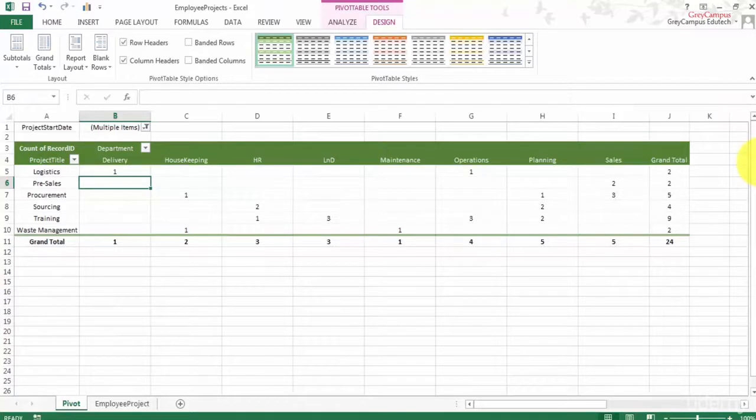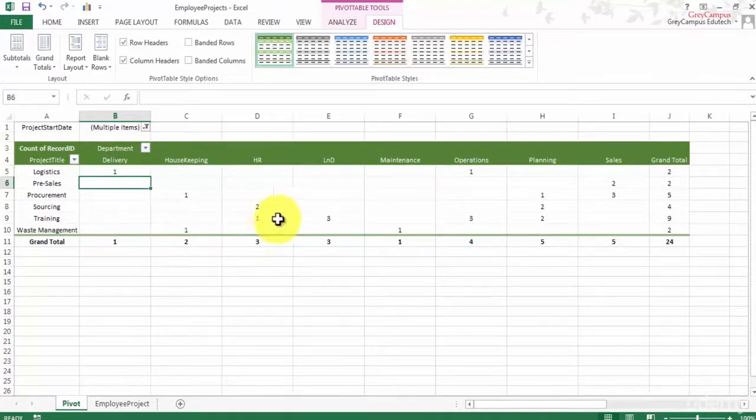So I can tell that in the last quarter of 2004, or in the financial third quarter of 2004, there were these 6 odd projects that got started, out of which I can see that most of the people were engaged in training, and 3 of them were from L&D, 3 of them from operations, 2 from planning, 1 from HR, something like this.